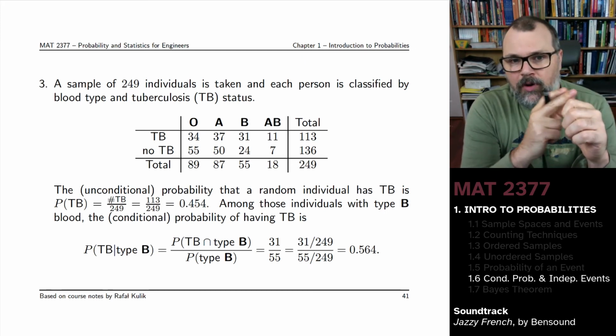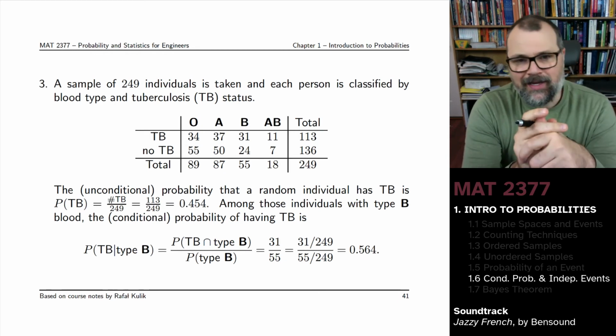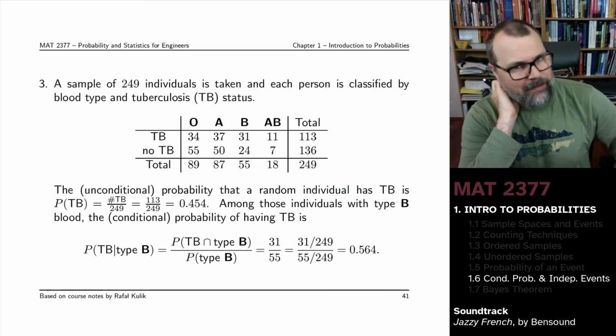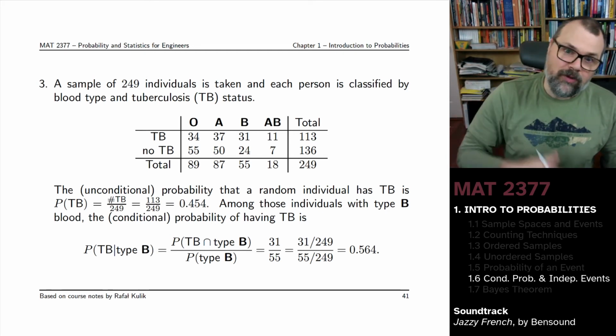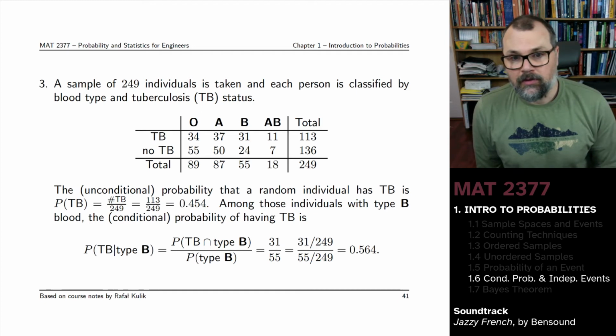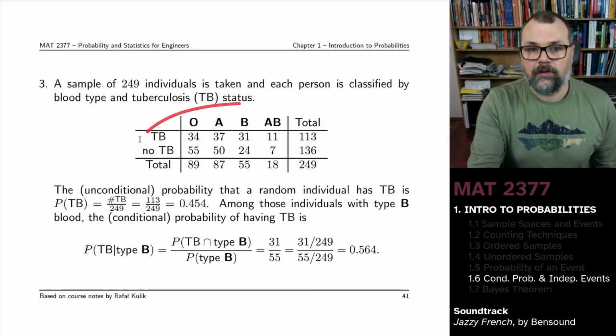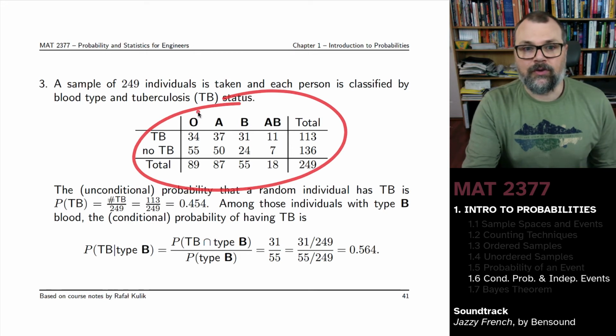Tuberculosis and blood type O, tuberculosis and blood type A, tuberculosis and blood type B, and tuberculosis and blood type AB, and then the same 4 blood types, but this time without tuberculosis. The numbers are given in this table right here,